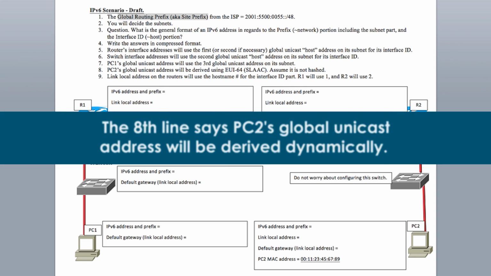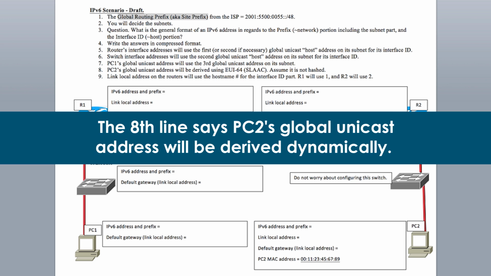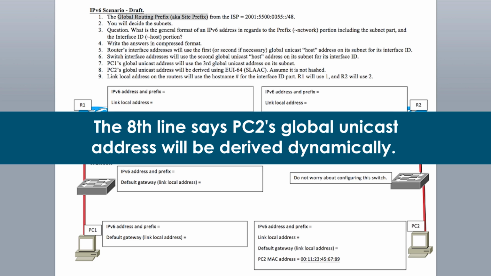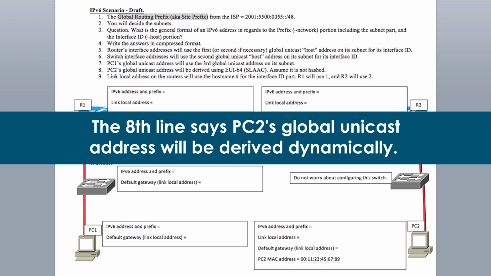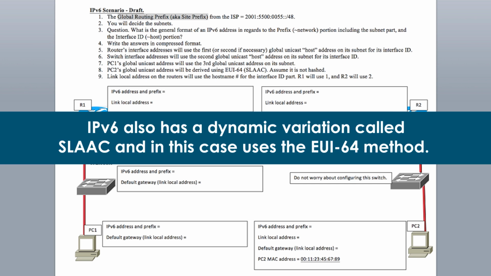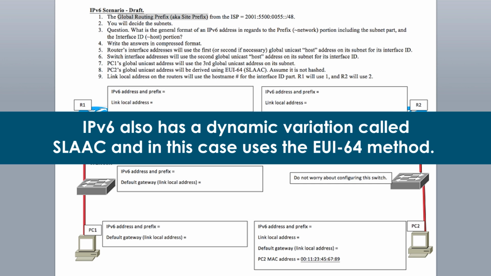The 8th line says PC2's global unicast address will be derived dynamically. In a series of videos covering IPv4, it was mentioned that a computer device can get its address statically or dynamically via DHCP. That's also true with IPv6, but IPv6 also has a dynamic variation called SLAAC, and in this